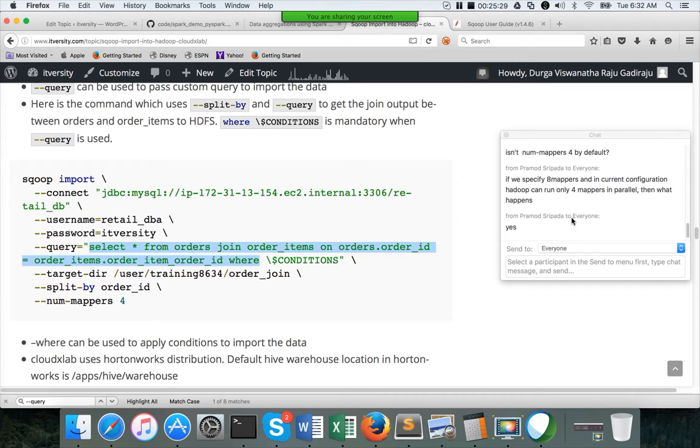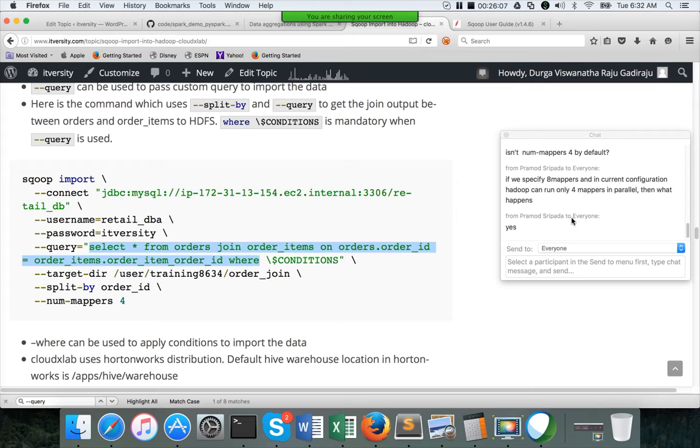But at the time when you submit the query, if the capacity is not available for your query to run, and you specify a number of mappers more than whatever the available capacity is, it works like any other MapReduce job. Whatever capacity is available, it will only use those many threads to process the data, and the others will be in a pending state. It's nothing but a MapReduce job. It will apply the MapReduce logic. So when you submit multiple MapReduce jobs simultaneously beyond the capacity, whatever happens, the same thing will happen with Sqoop as well.